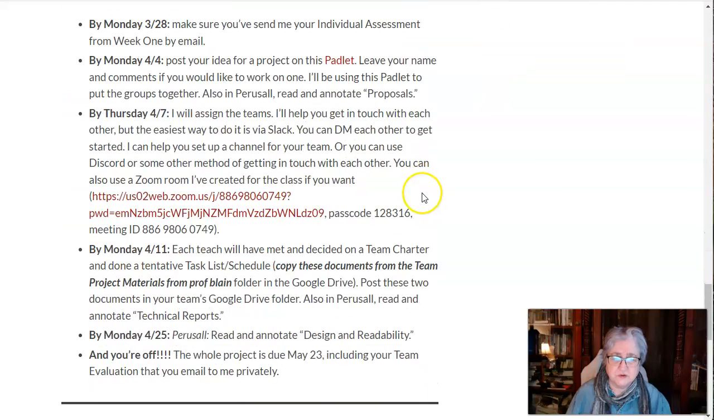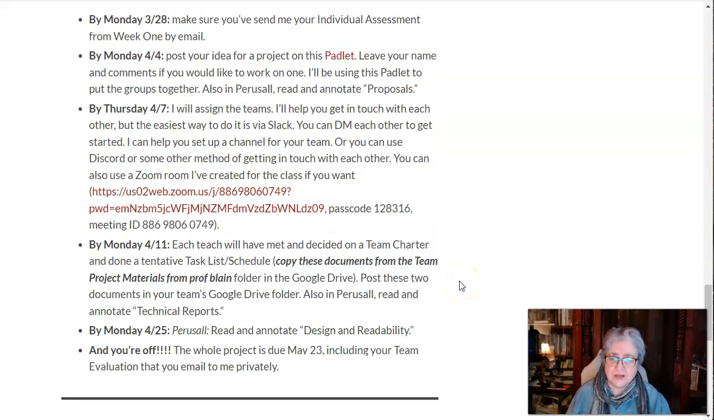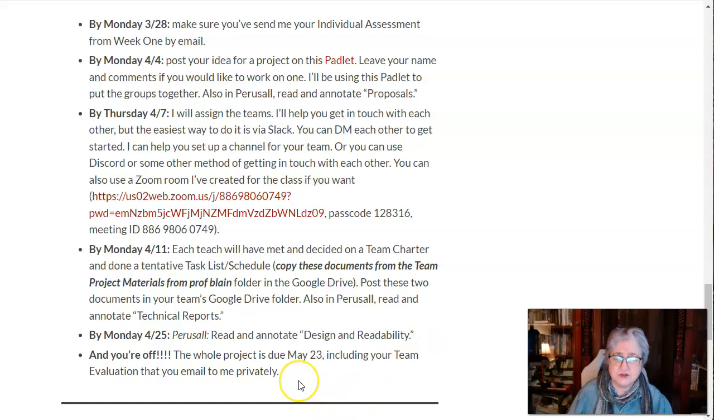There's the project, the flow sheet. This is just overall. Again, I'll have more stuff as we go through the weeks. Better templates, better things to read, better things to look at than are on Perusall now, because I don't like what's up there, and I'm gathering stuff and seeing which is the best one. So that's it. Right, and the whole project is due May 23rd, including your team evaluation that you emailed